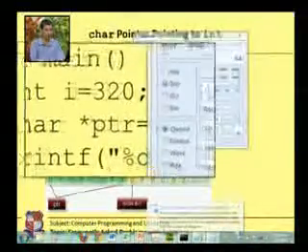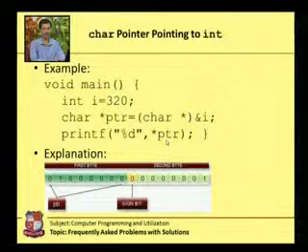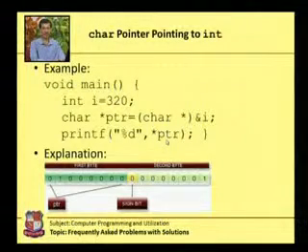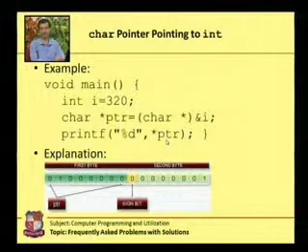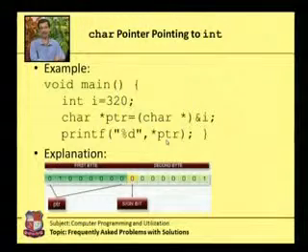And if we print using %d and the pointer, it is going to display 64, where the calculation doesn't suit your thinking. What you think is we have stored 320, so why is 64 coming up? But these two statements are really nice to understand, and they clarify how exactly pointers operate on your data.